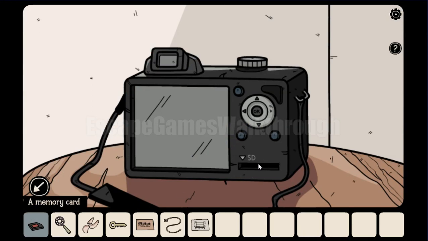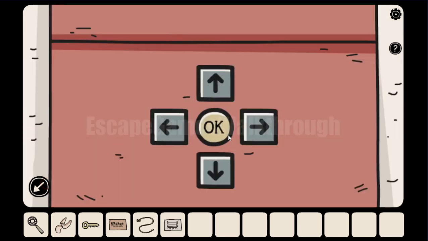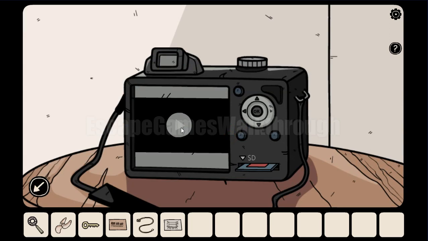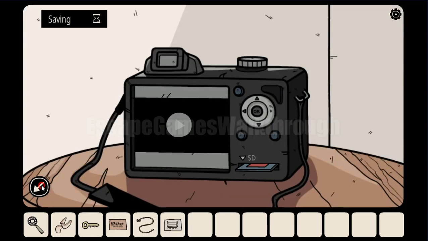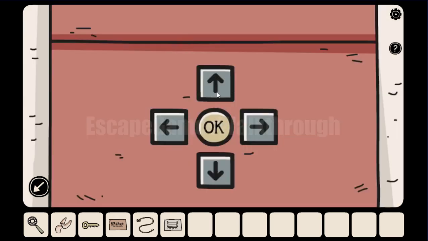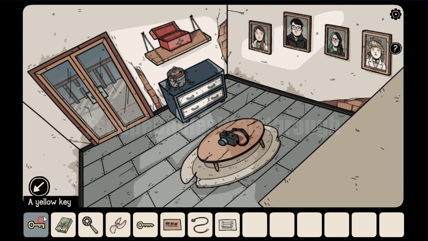The memory card is used for this phone to watch the video and get the hint for this box, with up, down, left and right directions. Let's watch it and remember these directions: up, left, up, down, right and left. Up, right, left, up, down, right and left. The box is opened and inside here's a detergent and also a key, and this key seems to be from